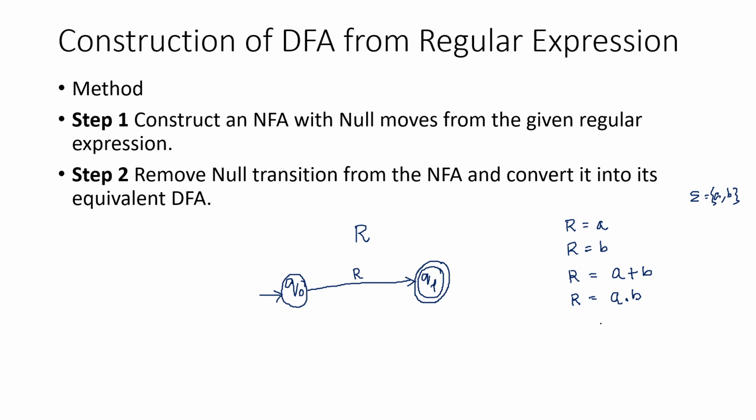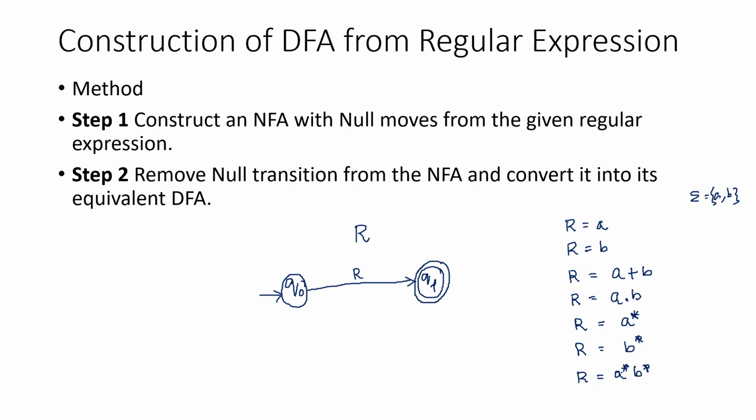And another very important possibility is that R can be, say, A star, or maybe R can be B star. So this star is actually the Kleene closure of R, right? So we can have any combination of A according to this A star, including lambda, meaning empty. And even R can be something like A star B star, right?